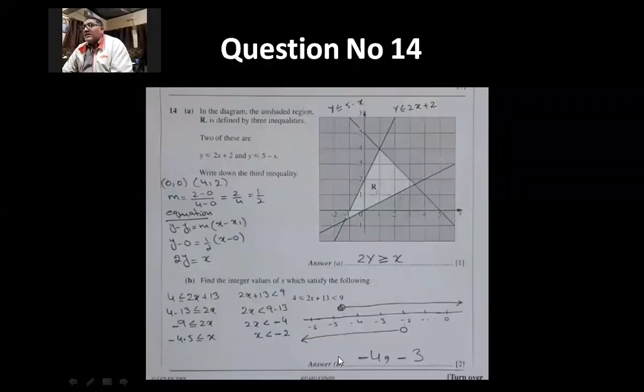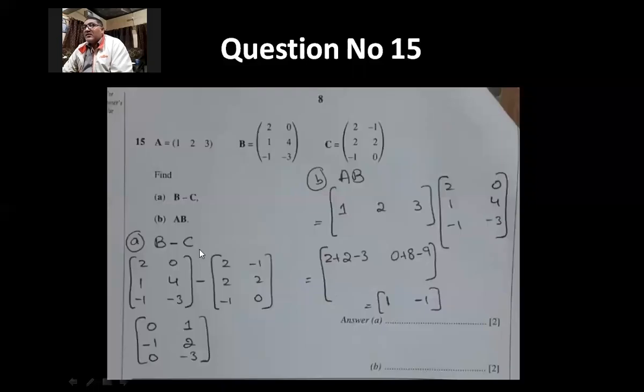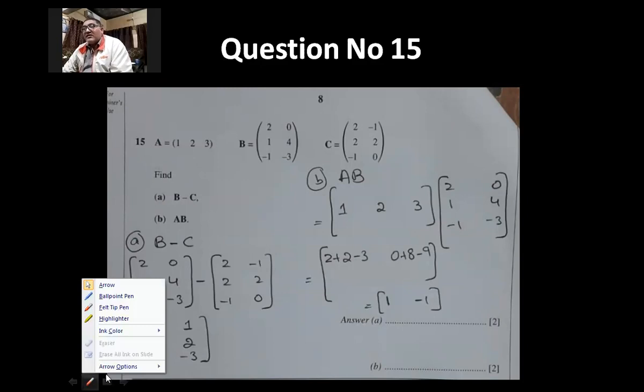So we have B minus C. Okay. So B minus C will be, here you have entered the matrix B. Here we have the matrix C. And the corresponding elements will be subtracted. So you will have